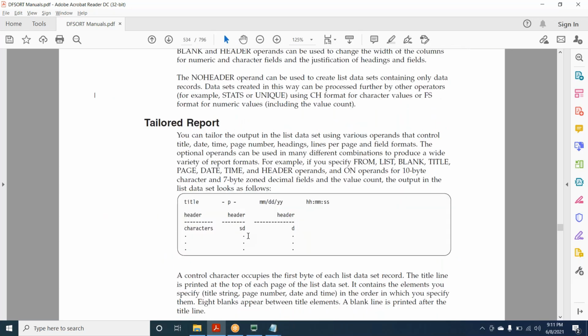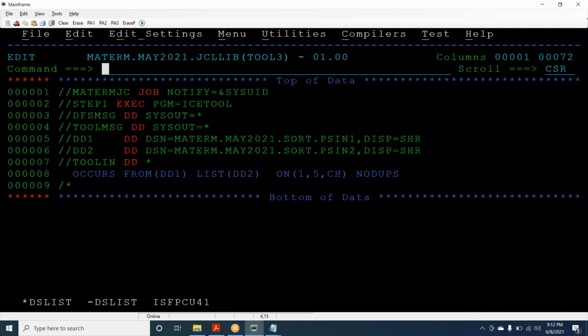Venkat asks: in that count operator, if we want that count in some file, do we need to give that DSN name in the tool message? No, you cannot redirect the output to a specific file. It is redirecting to the spool, which is the tool message, so you can write DSN is equal to here. We cannot redirect to a specific file, but we can redirect to this one.